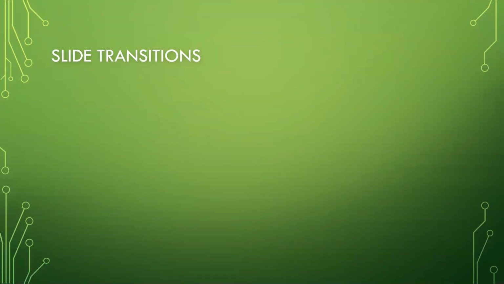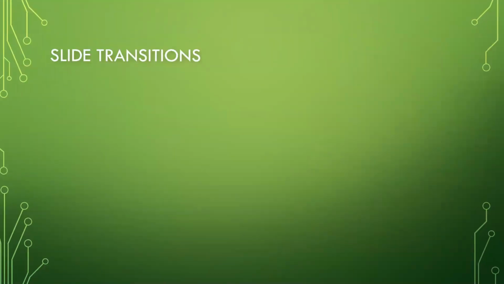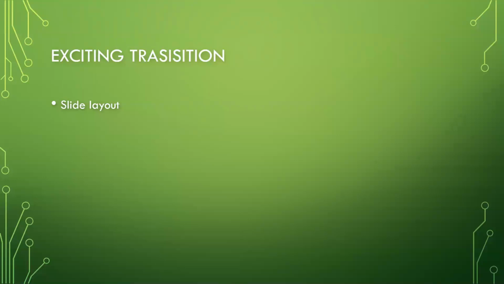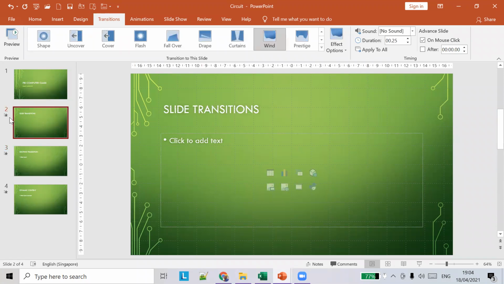Previously it was 2 seconds, and we have reduced that to a quarter second. So it was 2 and we have changed it to 0.25 seconds. That's the reason it's so fast. If you compare the other slides, it's still 2 seconds, and takes almost 2 seconds. So this is how you adjust the transition duration for a particular slide. We just apply the duration for this slide, and you can also see the preview with the applied duration.